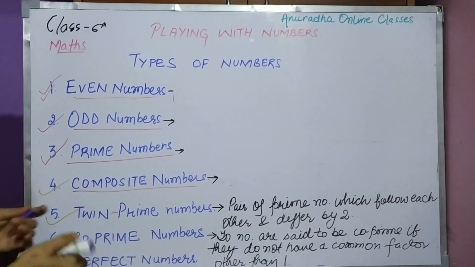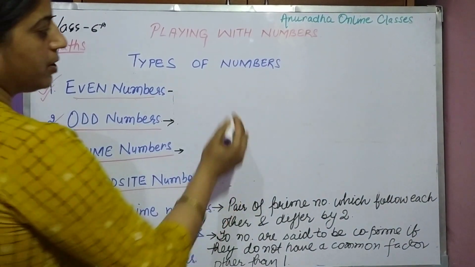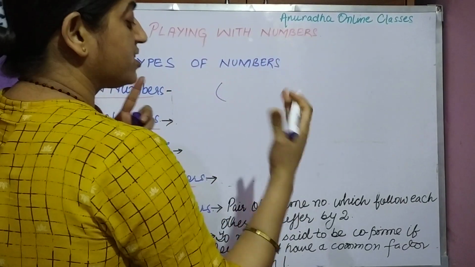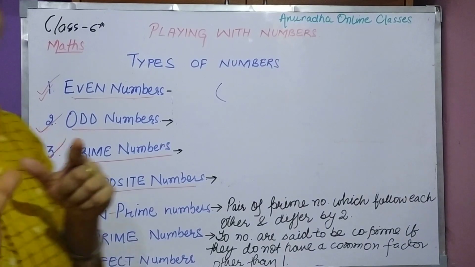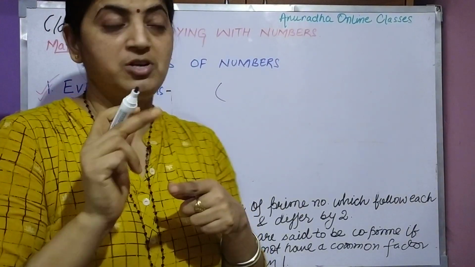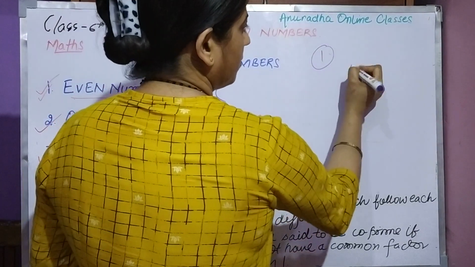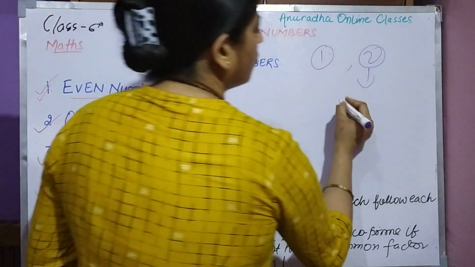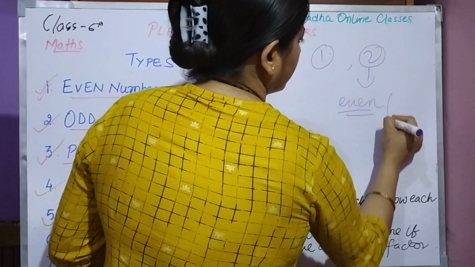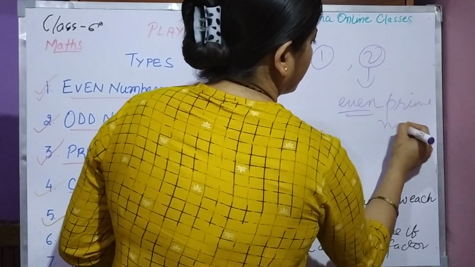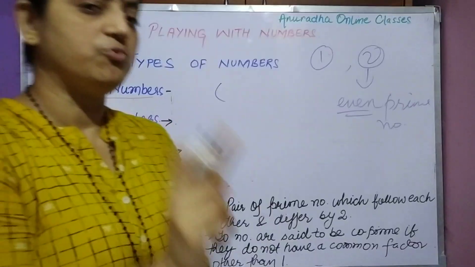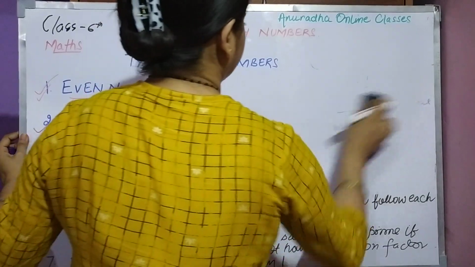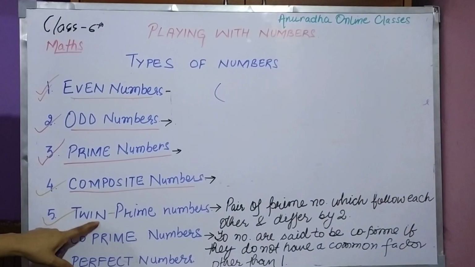Then come to the next, that is twin prime number. Twin prime number I told you कि pair of prime numbers कोई भी ले लेते हैं हम लोग. 1 के बाद 2 is a prime number. Even prime number. 2 is also a special number, like 1 is a special number. Why? Because it is the only number which is even. This is an even prime number. Right? 2 is the only even prime number. Right? Now come to the next, what I was telling you, that twin prime.